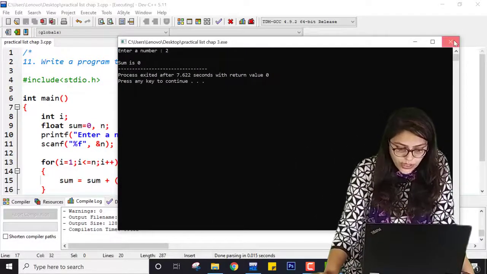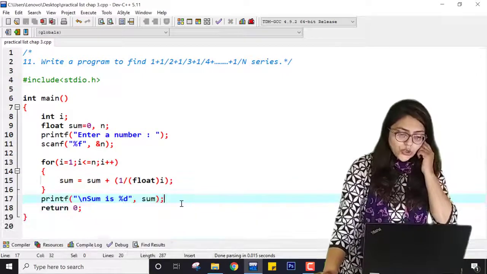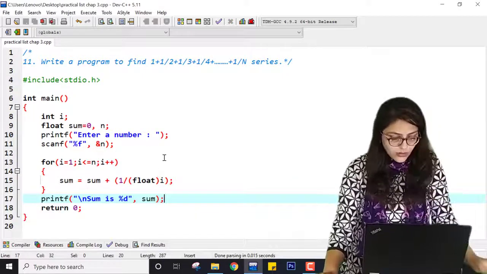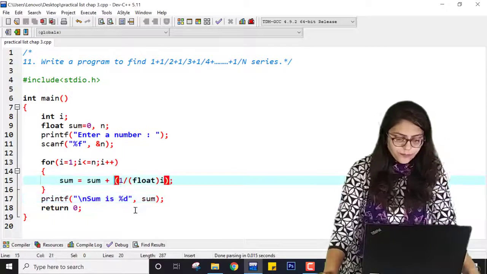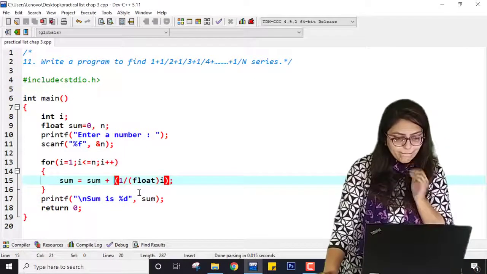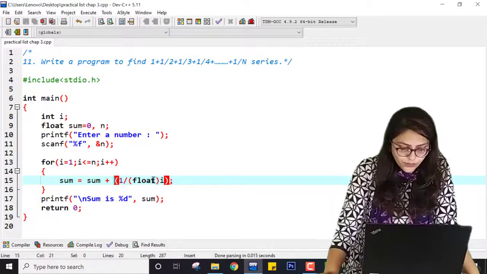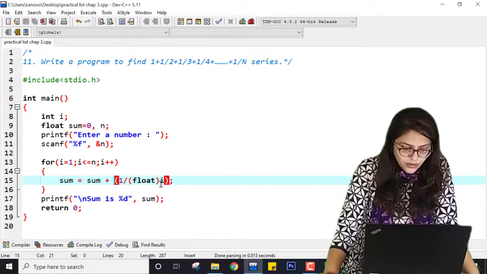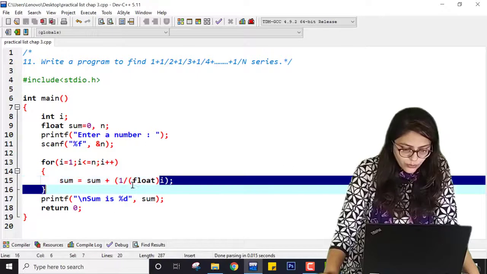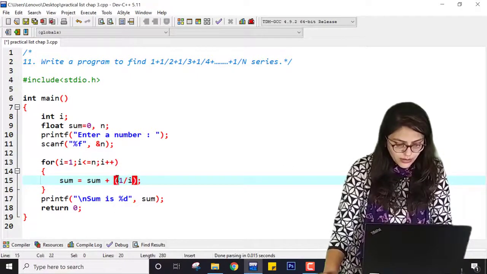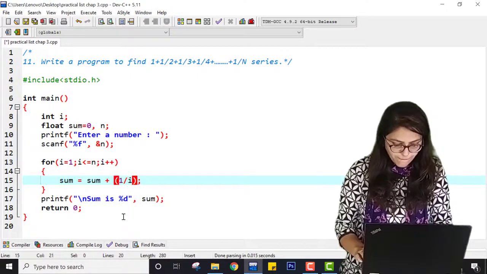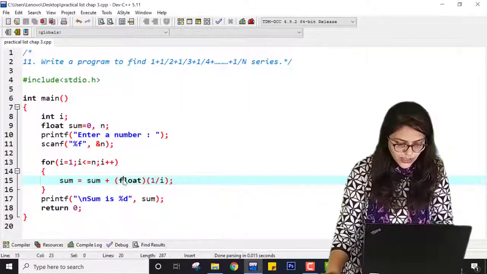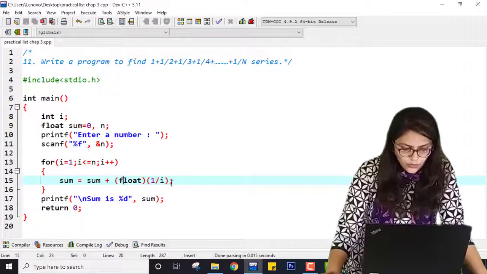Why is it coming 0? Let me check. So i is integer, sum is float. First it will convert 1 by 1, 1.0, or I can do something like this. Let me just save this program.